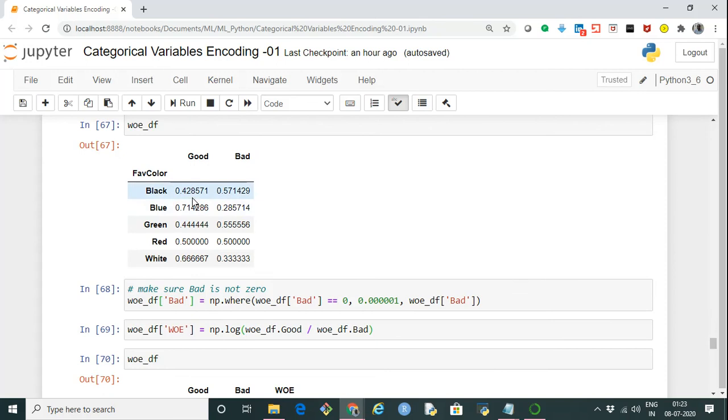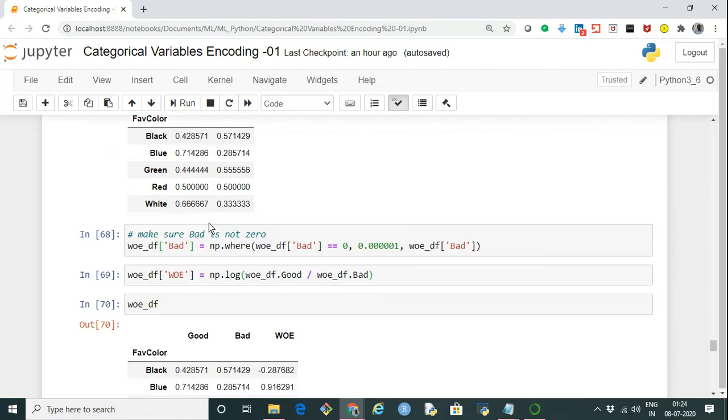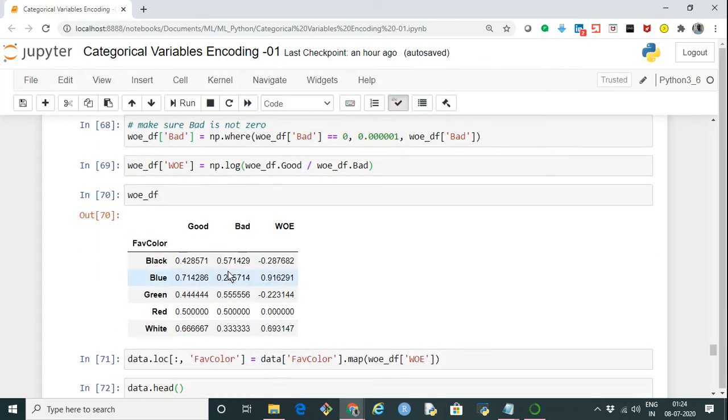Now we have to divide good by bad, but it could be that for a particular category there is no data in bad. So to avoid dividing by zero, wherever bad has a value of zero, we replace it with some very small value. After that we divide good by bad, take the logarithm of it, and calculate the WOE.